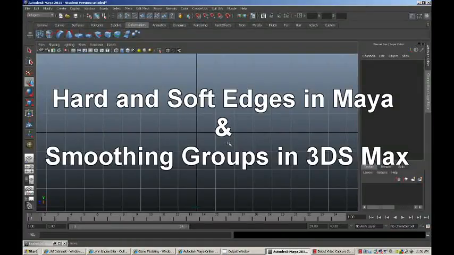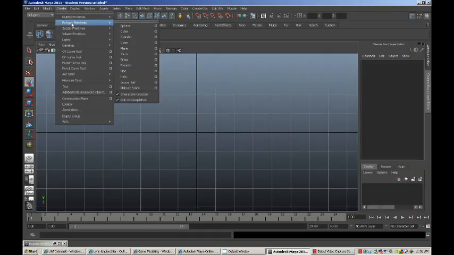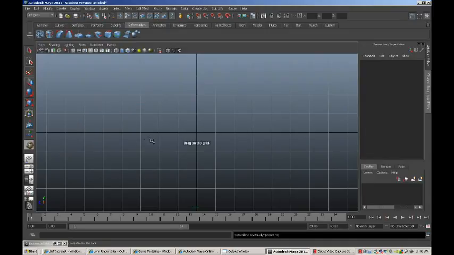This demonstration will talk about hard and soft edges in Maya. So if you are creating objects such as books or objects that need sharp edges as well as soft edges, I'm going to quickly demonstrate how you can do that. If you create, for instance, a sphere,